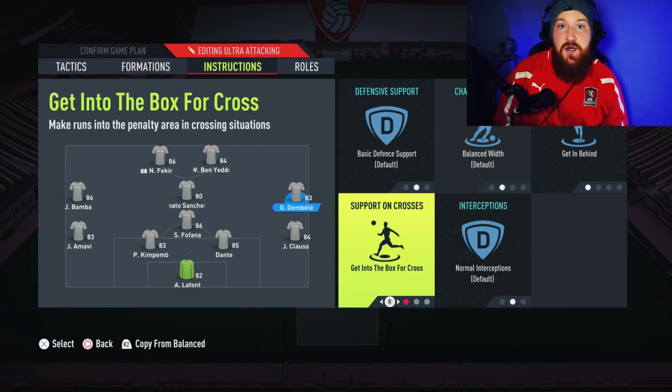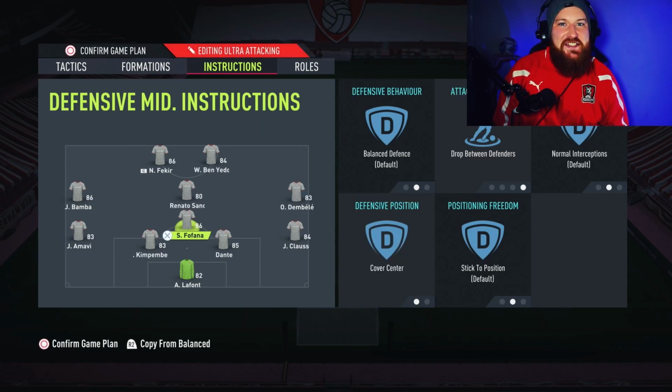Meanwhile, get into the box for cross means they will naturally start to cut inside and narrow themselves when they get near the penalty area, meaning you can score a few goals with your wide players as well as your two strikers. The CDM then is whoever the big defensive unit is in your team, and this player will be